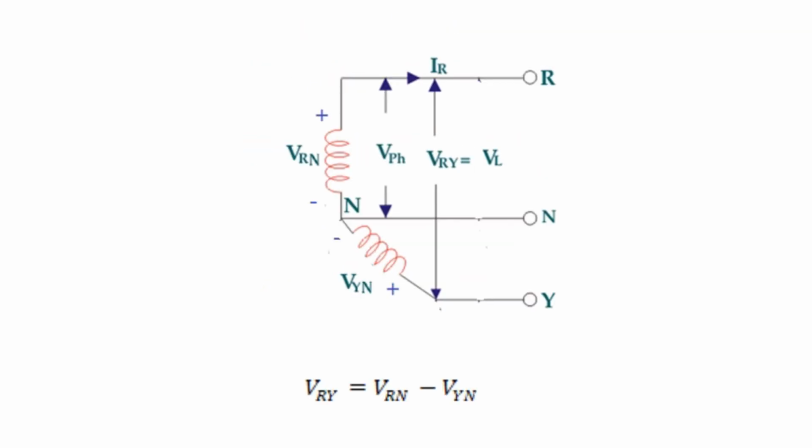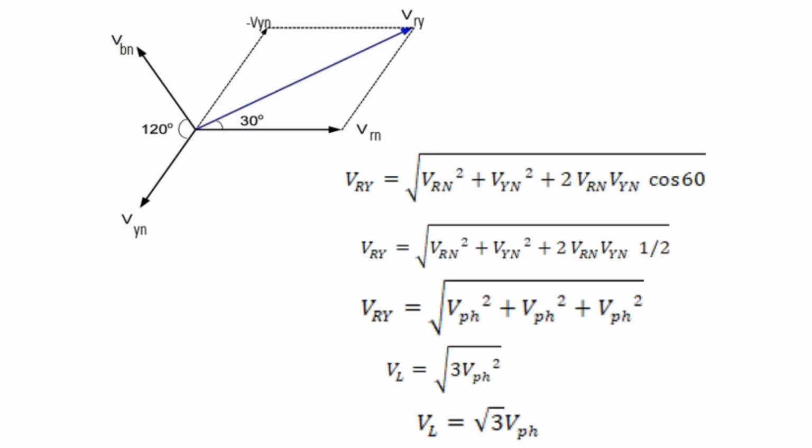VRY equals VRN minus VYN. By drawing the phasor diagram, first of all we take VRN, VYN and VBN. Now minus VYN is exactly opposite to VYN. The resultant of minus VYN and VRN will give us VRY. This is like a parallelogram. Now from the parallelogram,